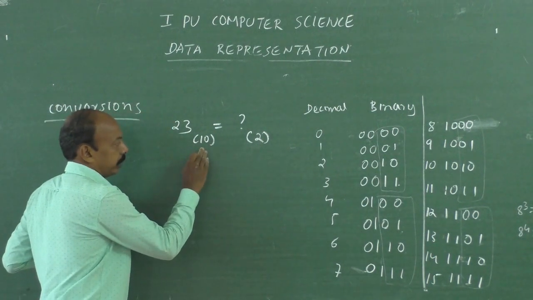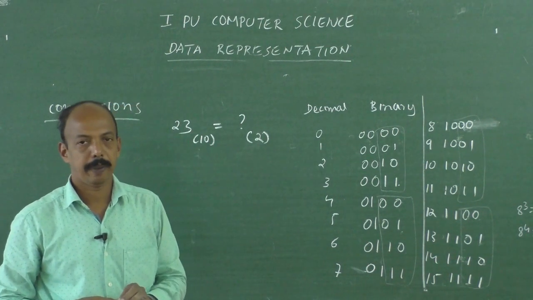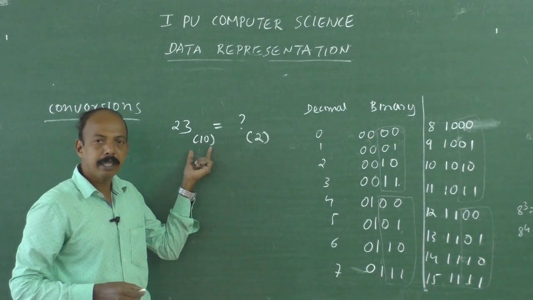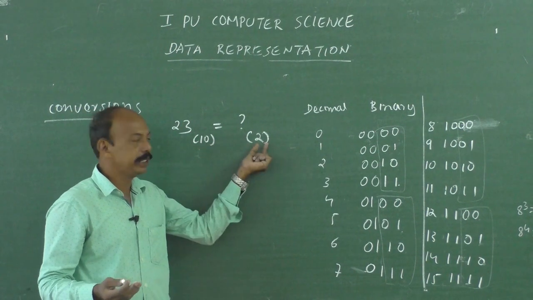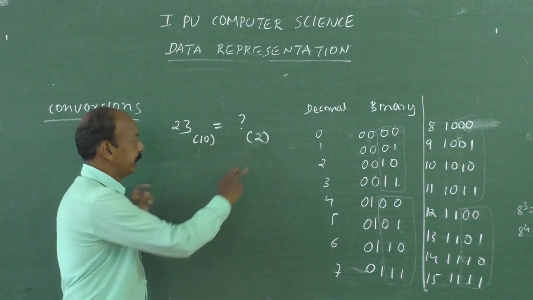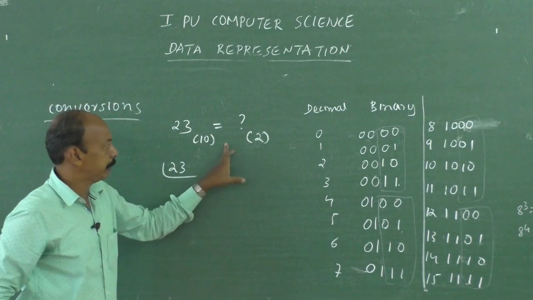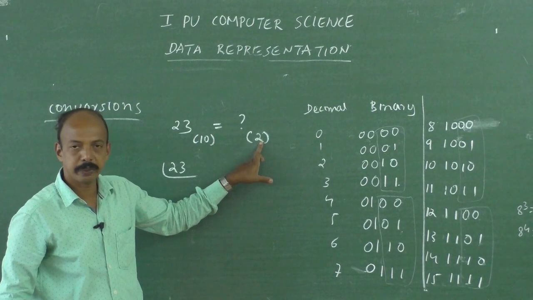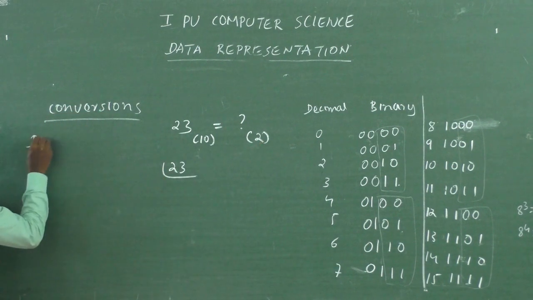23 to the base 10 is how much to the base 2? What we need to do here, whenever we are converting from decimal to any other number system, divide with respect to the base to which particular number system we want to convert. So in this number system, 23, divide with respect to the base to which we want to convert. So to which particular base we want to convert, that is to binary. Right? So here we can write this is decimal